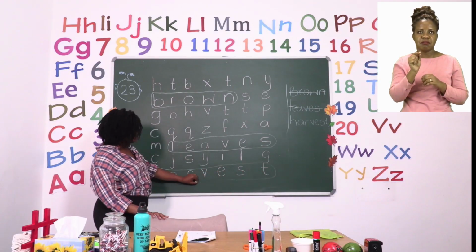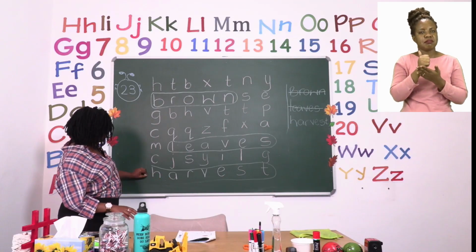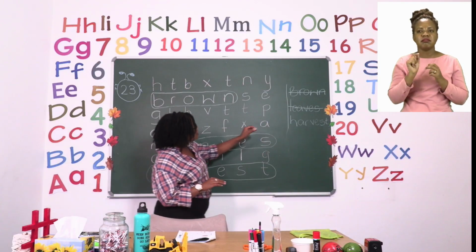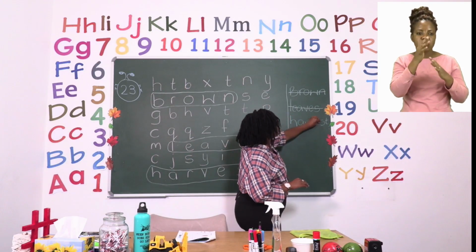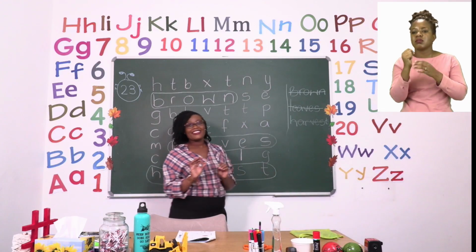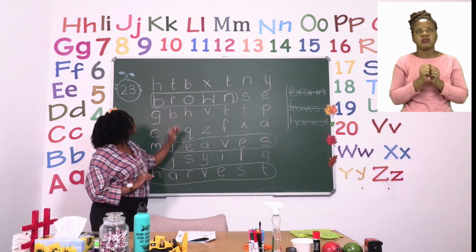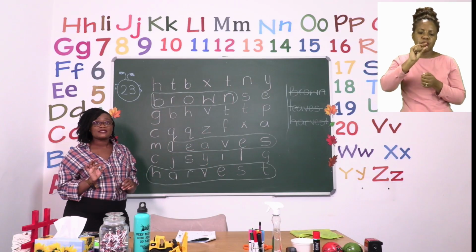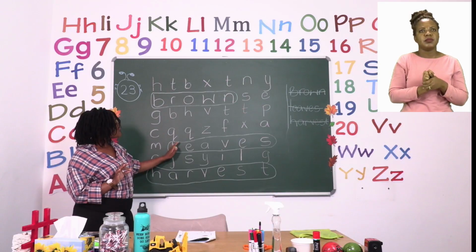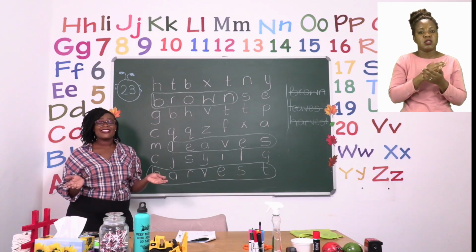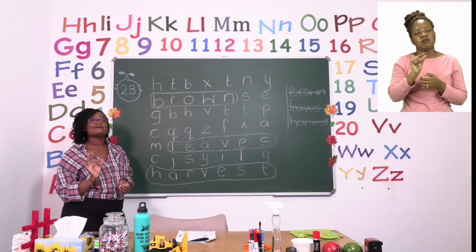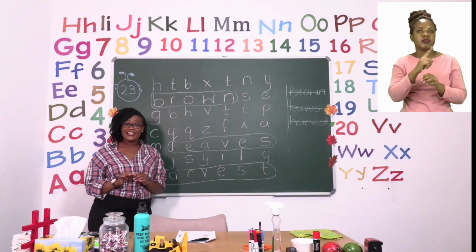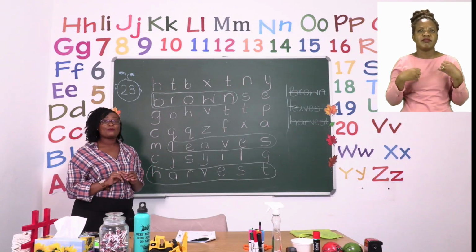Remember to circle nice and neat. Don't rush and take your time. So I want you to remember to always cross out a word you've already found so that you don't try and look for it again. And then also some words can go across. So if you find a word going across, it might be sharing one part of it with another word, and that's okay too. Just make sure that the spelling is correct. So take your time with this one, have fun, and the more you do it, the more you'll be learning